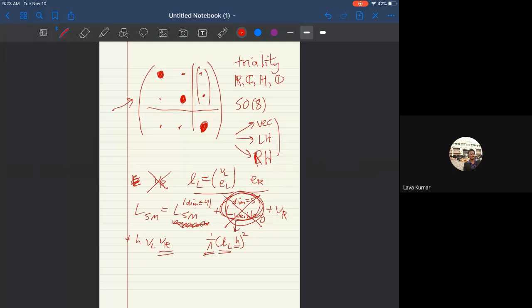So I said that there were only 4 norm division algebras, and their dimensions are the powers of 2. They're 1, 2, 4, and 8, and that's not a coincidence. The reason for that is that the way you prove that there's only these 4 norm division algebras is that